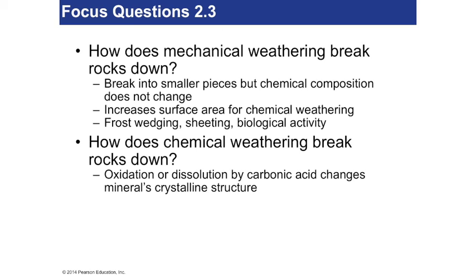The next question is, how does chemical weathering break it down? Well, oxidation is, remember, oxygen reacting with the water in the air and attacking the outside of, say, the rock. That's what made the rock scuzzy and dark and brown, when at first, when you cut the rock, it was nice and clean and light colored. That's air oxidation. Also, acid, especially carbonic acid, which is carbon dioxide mixing with water and becoming an acid and then attacking anything with carbonates in it, can change the structure of the crystal into something new and actually break it down into its component parts.